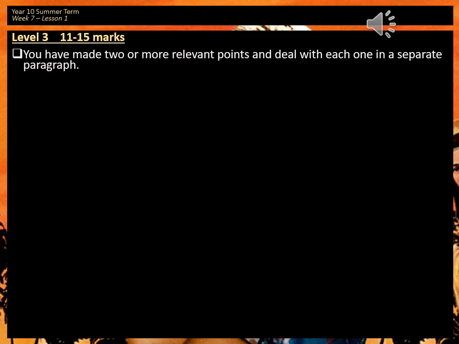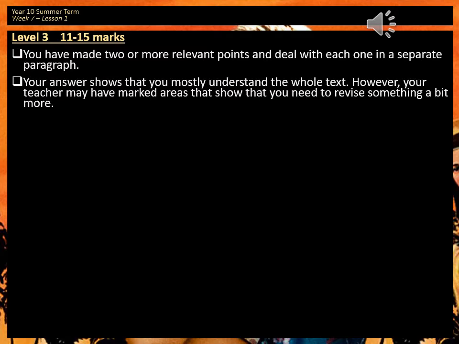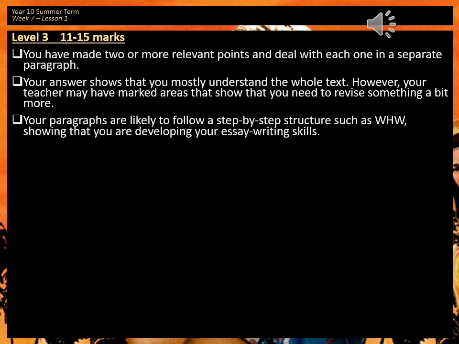If you're aiming for 11 to 15 marks, you're going to hit level 3 and you'll be doing these things. You have made 2 or more relevant points and deal with each one in a separate paragraph. Your answer shows that you mostly understand the whole text. However, your teacher may have marked areas that show that you need to revise something a bit more. Your paragraphs are likely to follow a step-by-step structure, such as what, how, why, showing that you are developing your